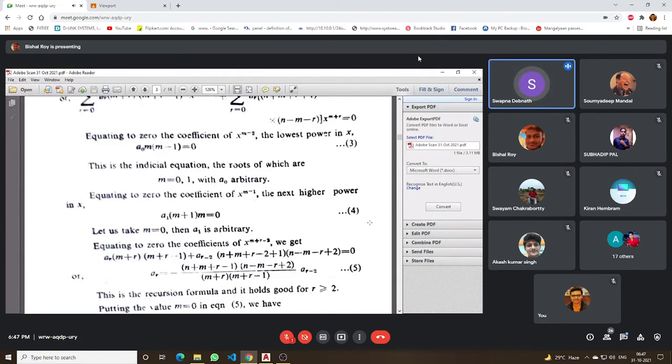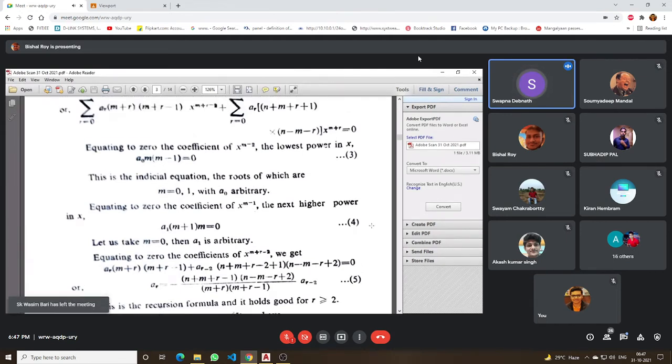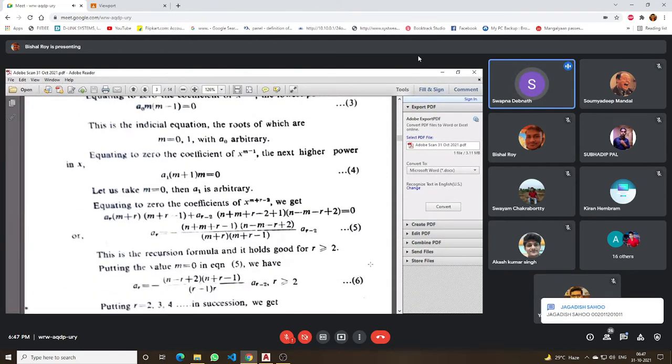Therefore m is equal to 0 and 1. These are the two roots. Now for the next higher power, the coefficient of x to the power m minus 1, that is a1 into m plus 1 into m is equal to 0. Now if we take m is equal to 0, then m plus 1 is not equal to 0, and we